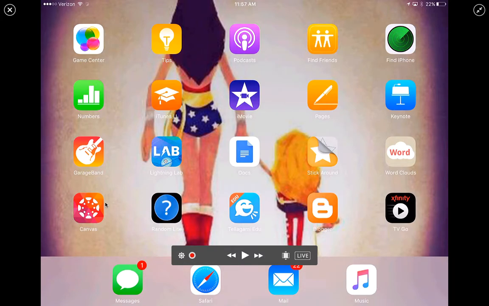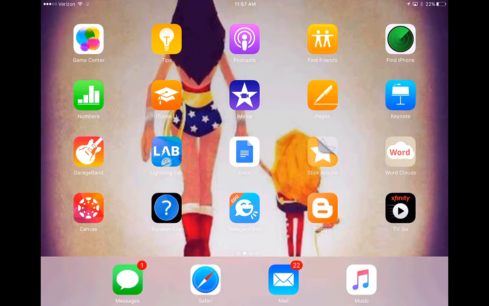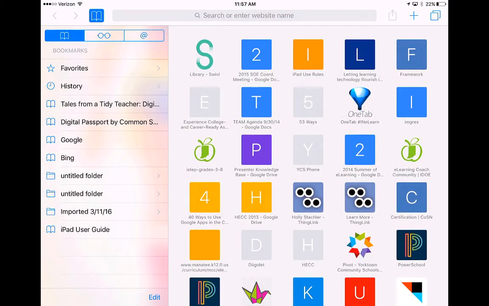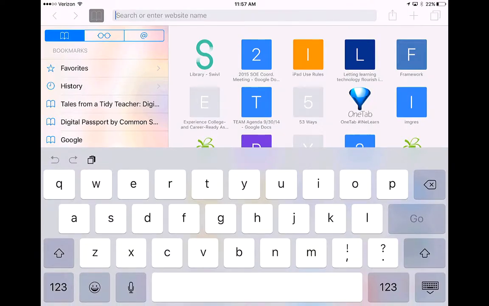And depending on what you're trying to accomplish and also your personal preference, you'll select which one of those you want to use for different things. I'm going to start today by taking you into Canvas through the web. So I'm going to go into Safari at the bottom. And to get to our Yorktown Canvas account, you're going to go to